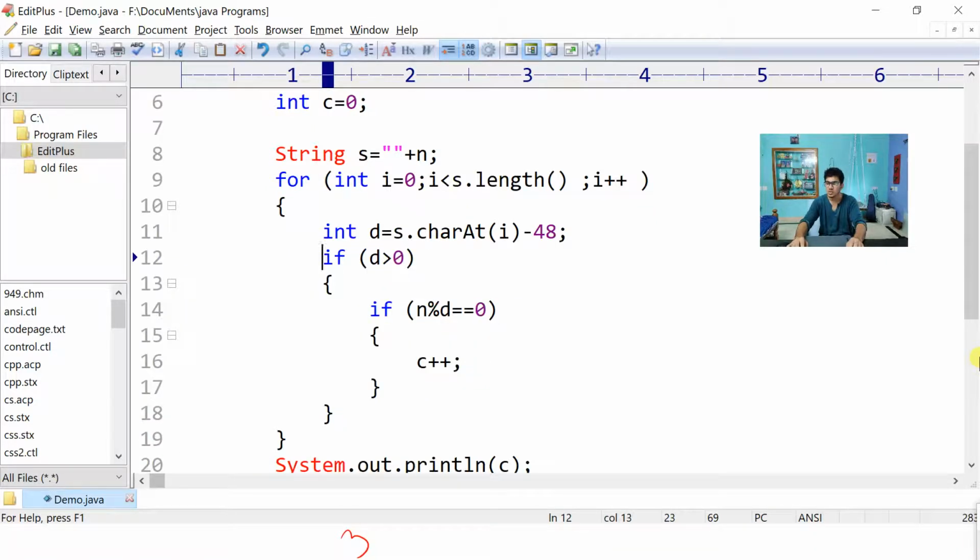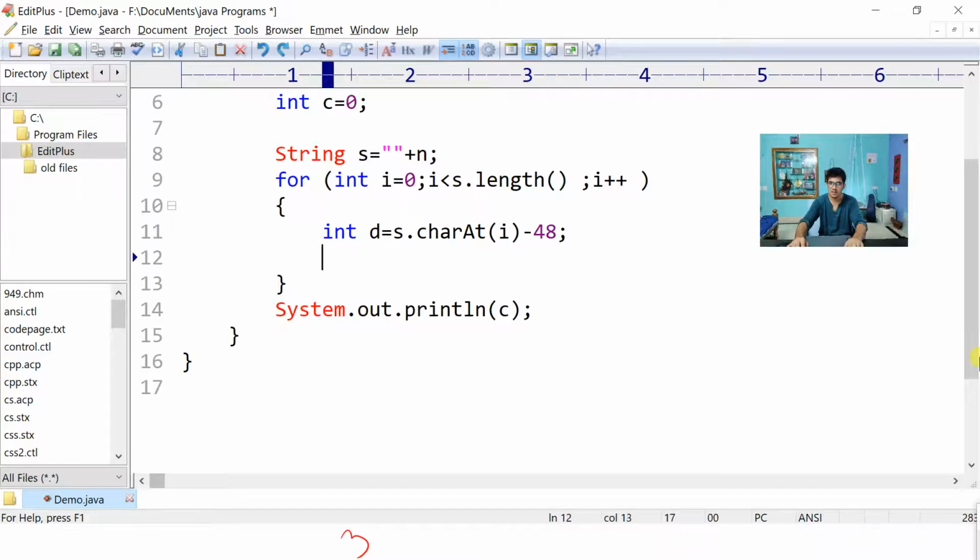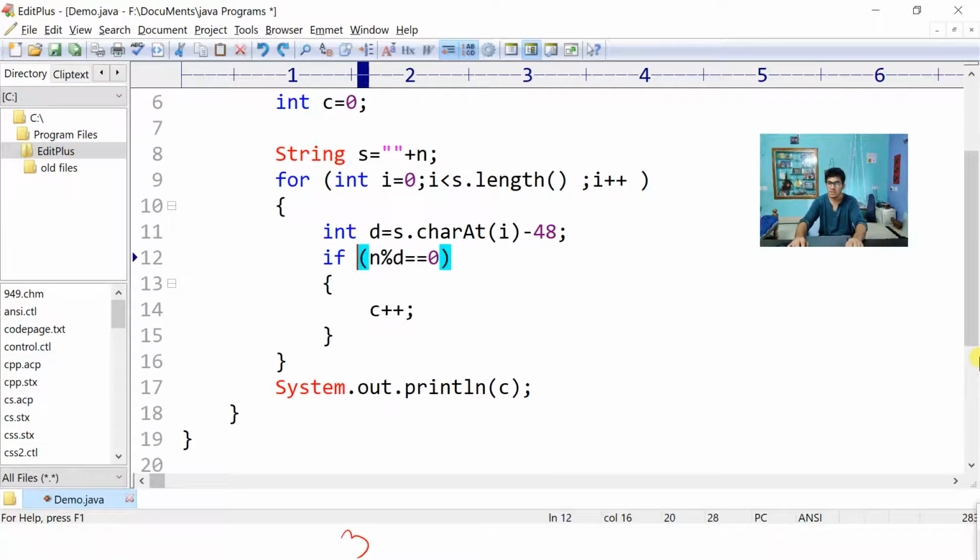Then what you have to do is, I'll undo this and remove this if. You have to write here d is greater than 0 and, yes, what's the meaning of this? I have told you, this is the and operator. What will the and operator do? This is a logical operator, right? The control will go to the right only if this first condition is true. Agree or not? Only if this is true will the control go here. If this is false, will the control go here? No. Yes, this is what we want.